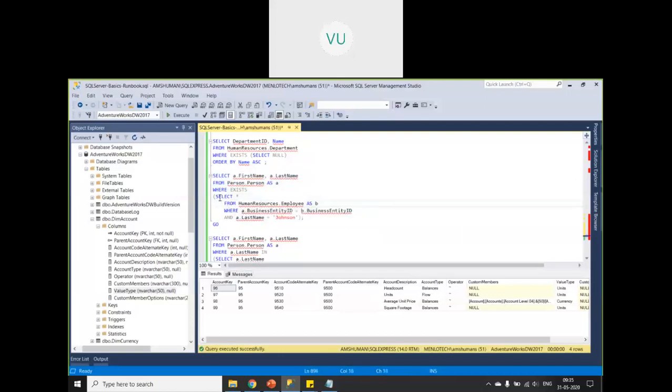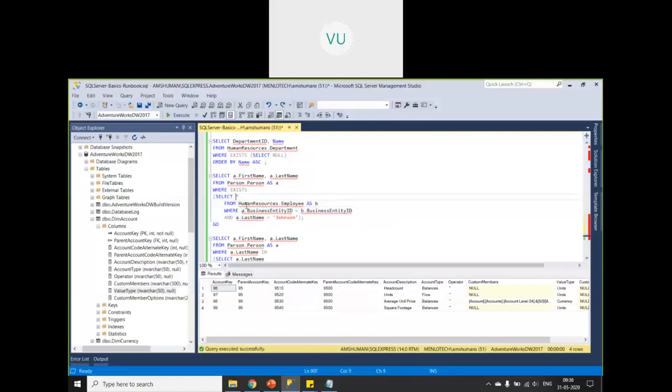So let us see the inner query first. What is it doing? Deconstruct the inner query. From this particular table with some alias name, where this condition is meeting, two conditions and'ed. So this entire condition is meeting, and I'm selecting all the columns, right?